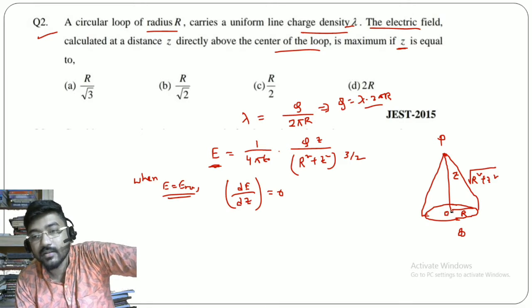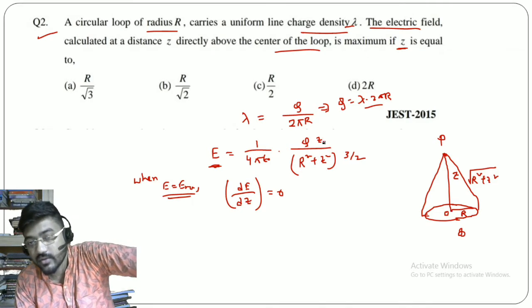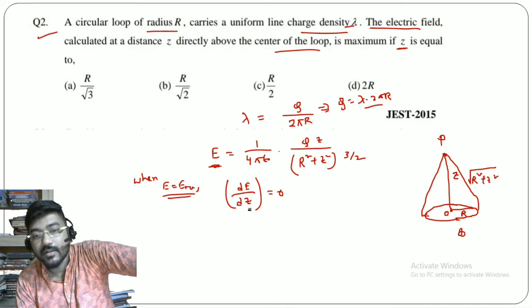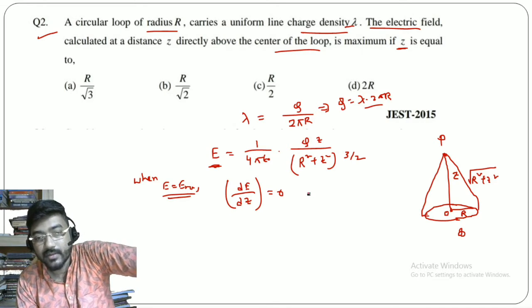The minimum point is here. The electric field is 0 here, at z is equal to 0, and that will be the minimum. Otherwise, if you go far away from this point in either direction, the electric field will change and you will get a maximum value in either direction. Then again you will get minimum at infinity. So we have to find the maximum condition, and that we will obviously get from this condition.